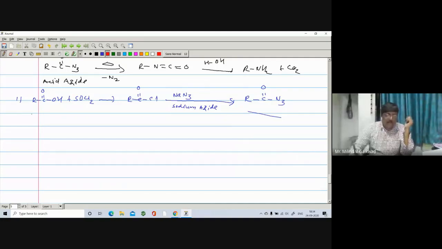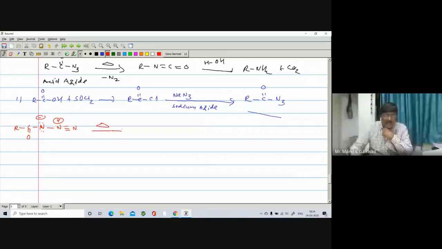So what is the structure of azide? You can write it like this: R, C double bond O, here is N with two lone pairs. The nitrogen carries a negative charge, and here is N triple bond N with a positive charge. So it is an acid azide. When you heat it,